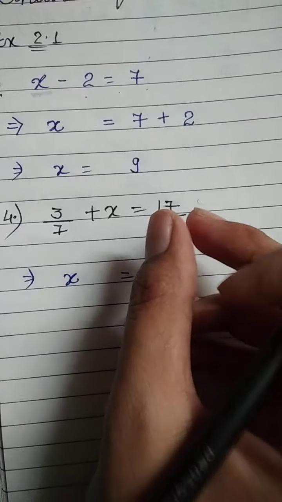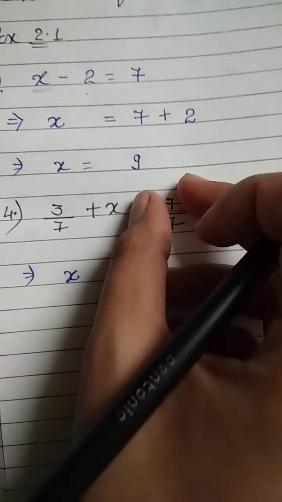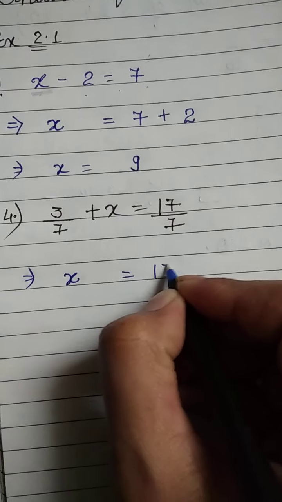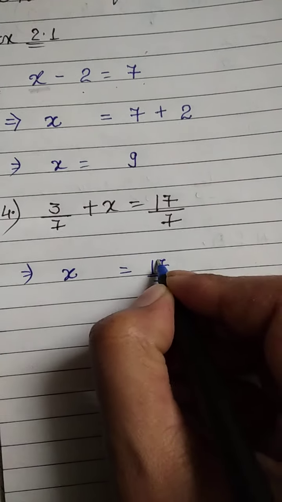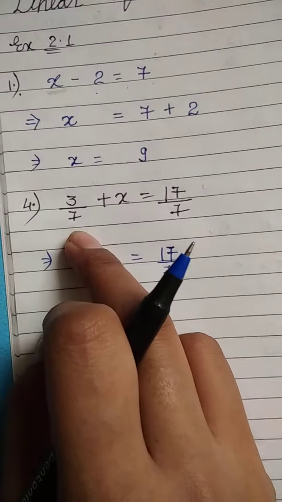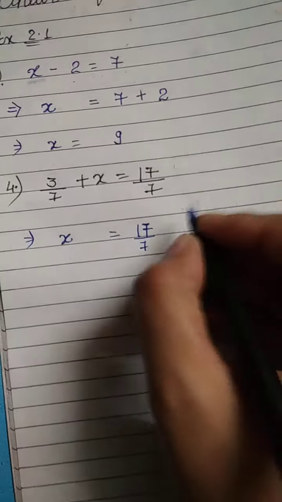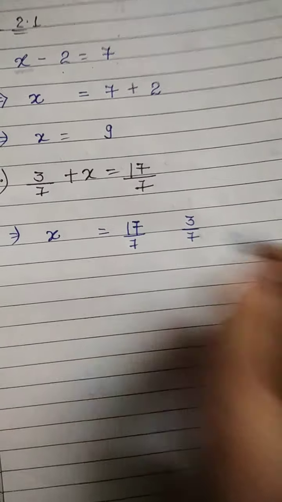We have to combine variable to variable. यहाँ पर सबसे पहले से कौन बैठा था, 17 by 7, तो उसको वैसा का वैसा बैठने देंगे. प्लेस किसकी चेंज हो रही है, 3 by 7 की. तो जब भी प्लेस चेंज होगी वो कहाँ जाके बैठेगा, पीछे. सो 3 by 7 एज इट इज.